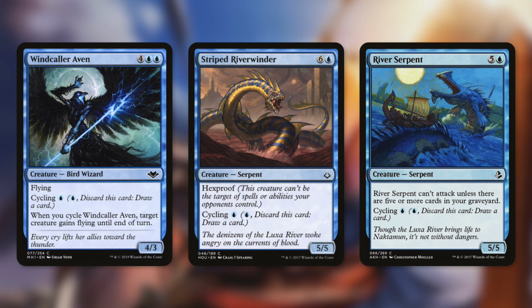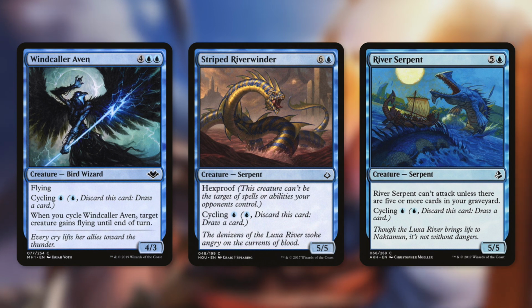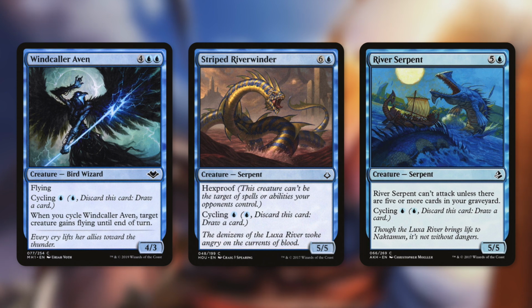Or we can go get a wizard like Windcaller Avon, which is a bird wizard that we can cycle away for a blue. And actually, this one can be pretty relevant if we already have Blightsteel Colossus in play, because when we cycle it, we can give target creature flying until end of turn, which can help get Blightsteel Colossus through. Regardless, we've got 2 other cyclers for a blue with Strip Riverwinder and River Serpent. So we can cycle these cards away to dig down into those key pieces that we need to actually set ourselves up to win. And there's some other benefits of cycling that we'll talk about here in a bit, but